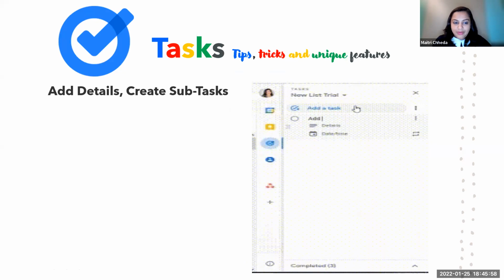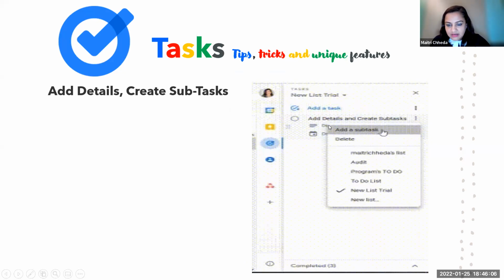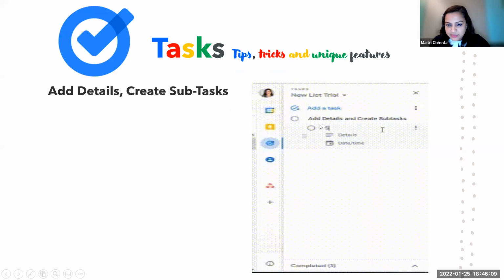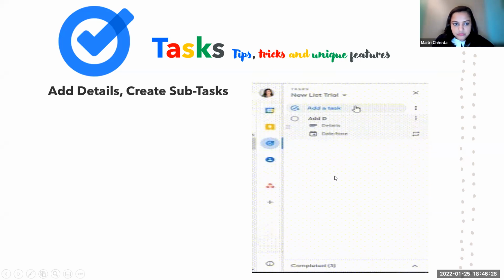Okay, now how do you add details and create subtasks? You add details. You create a task. Over here there's an option of details. I don't know why this is blurred, because when I was actually checking it out, it was looking clear, but I'm not sure whether you are able to view it clearly. But that's it. You just create a subtask. You click on these three dots, and you create a subtask, and that's it. You are done. You can add details to this, whatever task details you want to add, and that's it, done.